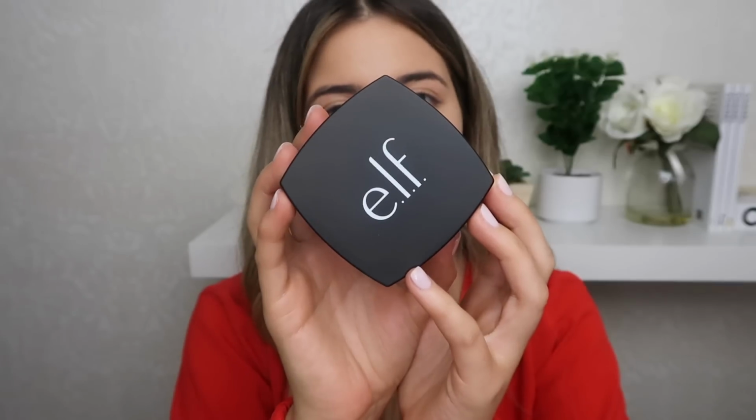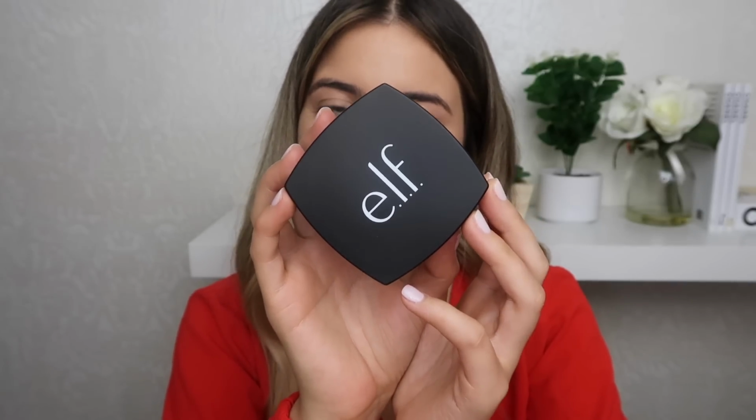You guys know I will never go anywhere, do anything without setting what I have done. I set my eyes, I set my base, I set my lips, I set everything. So we are going in with the e.l.f. HD powder, and I picked this one up for $8 at Kmart. To apply my setting powder, I'm just going to take my damp beauty sponge, and I'm going to take the flat side of it, pick up product, and pat that